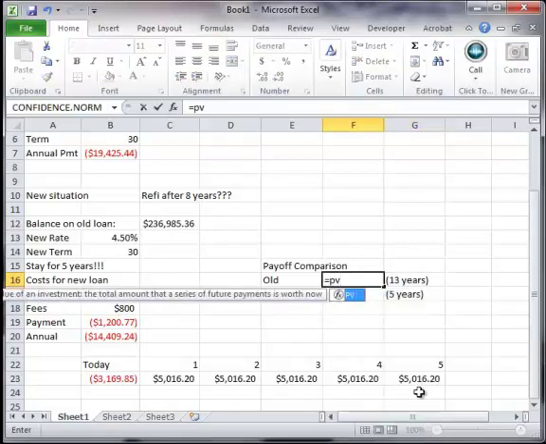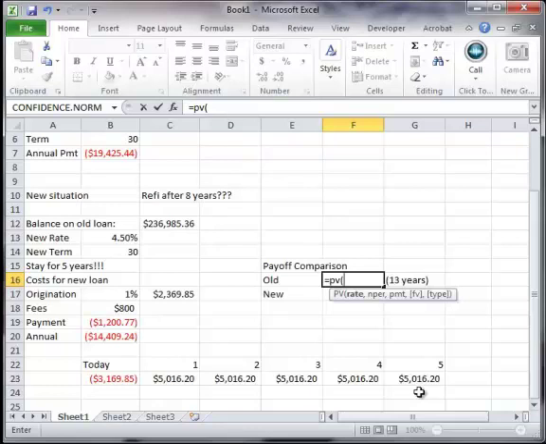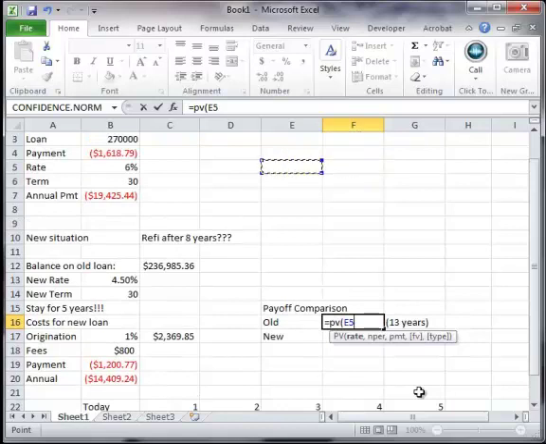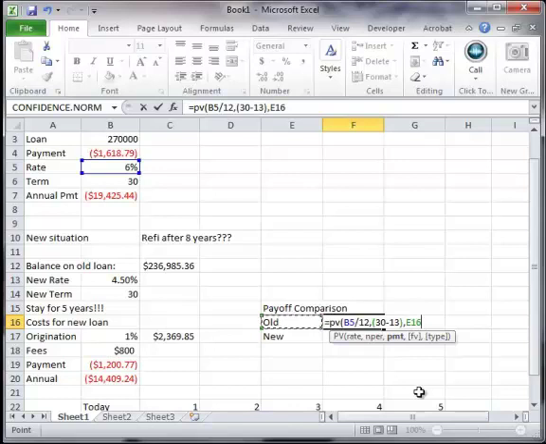So let's do that PV function, and we're going to use the old rate, which was that 6% rate, divided by 12, and our number of periods are going to be our 30 minus the 13, and then our payment is going to be that old payment of the 1618, so we'll just point to that cell up there, and we'll close our parentheses after that, and that'll be the payoff